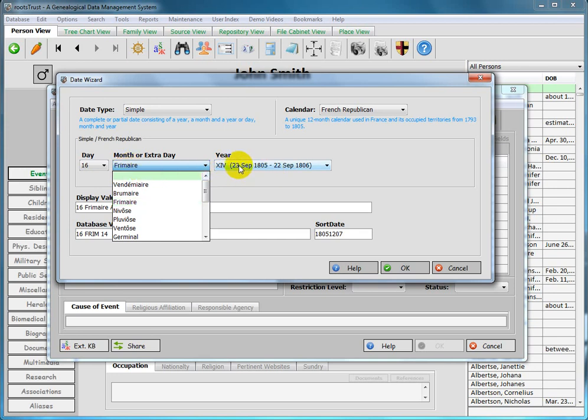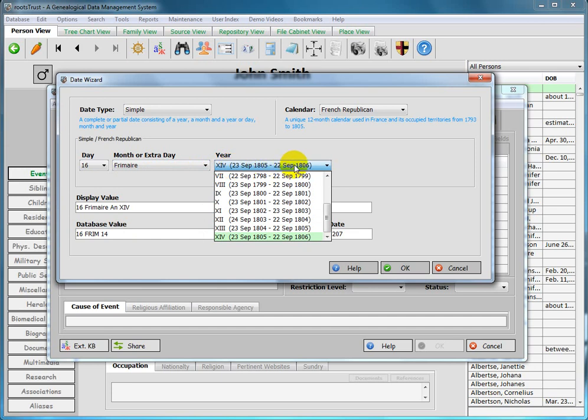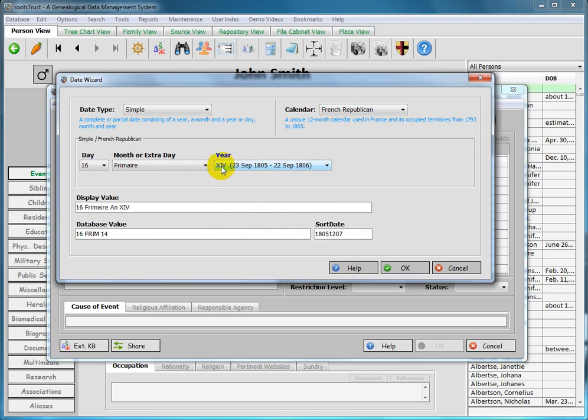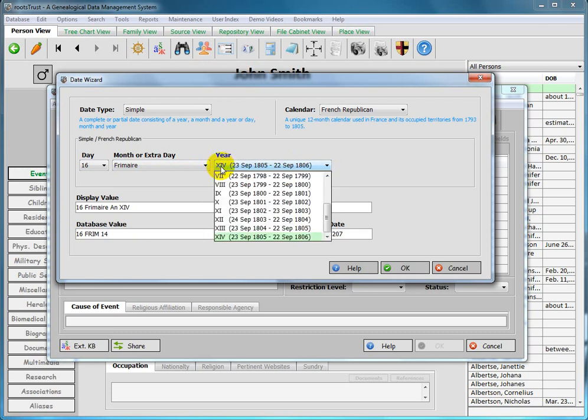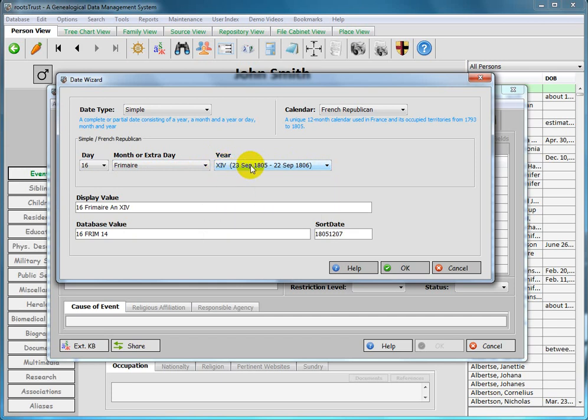So for that reason, the entries in the year combo box have the year, the span of dates, of Gregorian dates that correspond to the French Republican year. The date I just typed in, I found in a German baptismal register with the Gregorian year. So it said 16 Frimaire